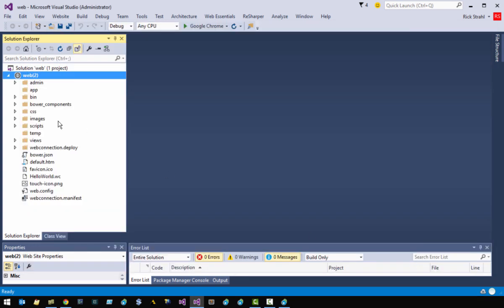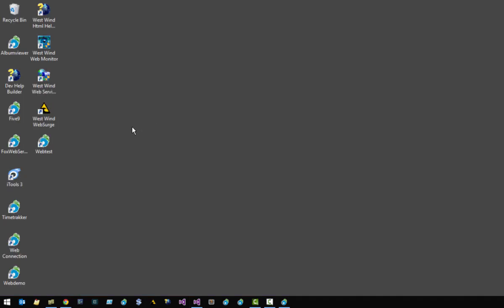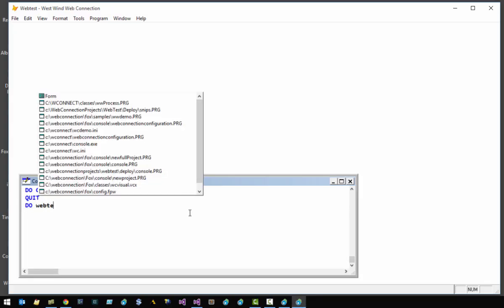I'm going to apply that. And again, if I go view in browser now, we should come up with our default page here. And so our server is not running at the moment. So I'm going to go to the desktop real quick, and I'm going to bring up the web test shortcut from the desktop. So if I do web test main here,